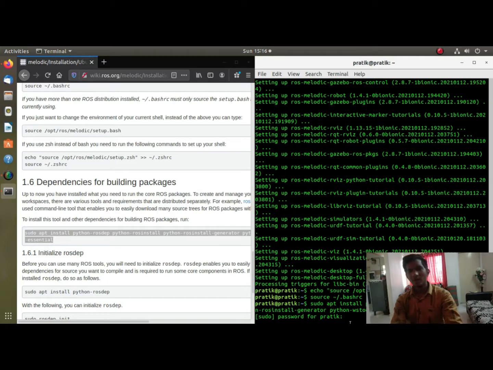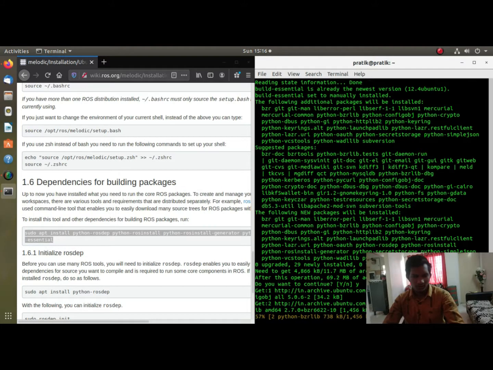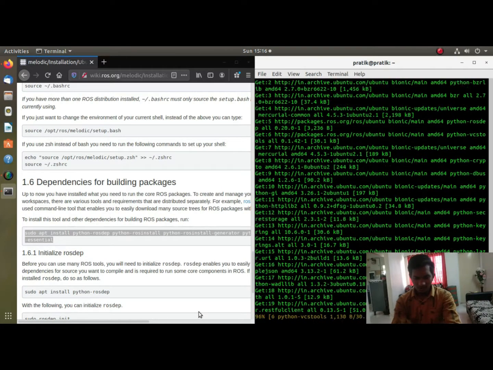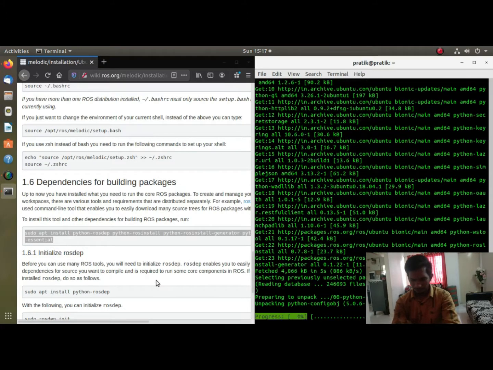I'll tell you how you can tell the ROS environment which version of Python to use, when we make various nodes and topics. So I'll give the authentication here for installing the dependencies for package building.